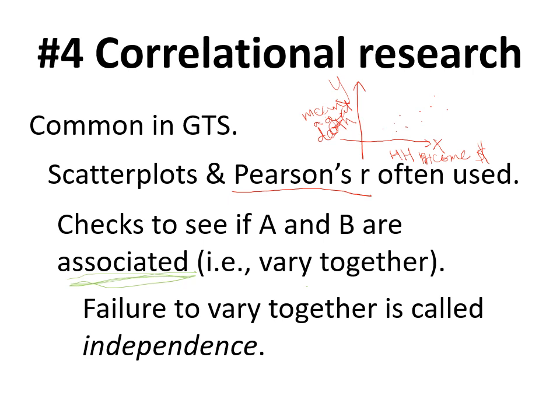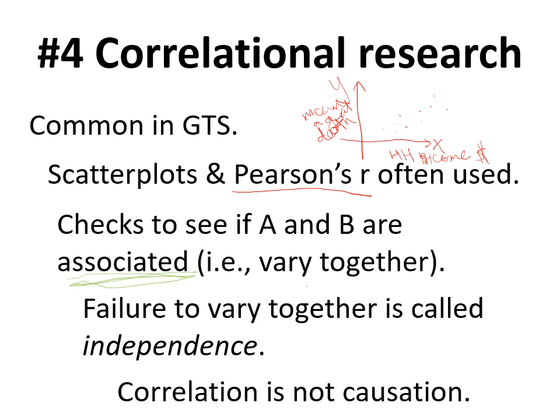And if these two variables, so in our instance, if household income and mean age of death did not vary systematically or were not associated, this would be called independence. That means that in that case, household income would have no impact on mean age at death. And what that would look like in a scatter plot would be,